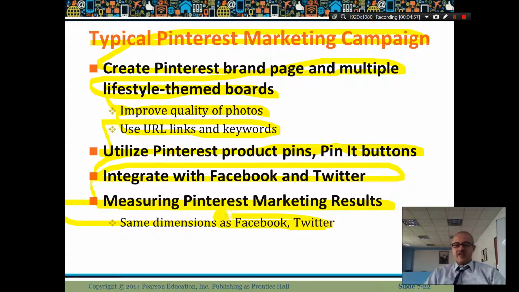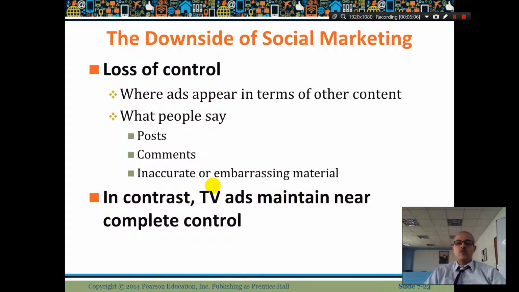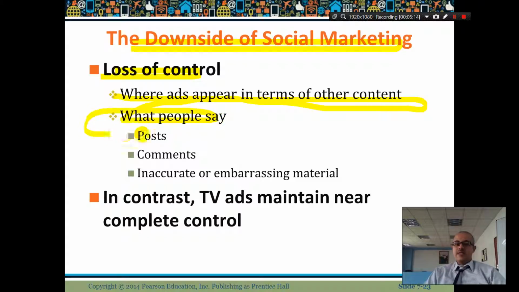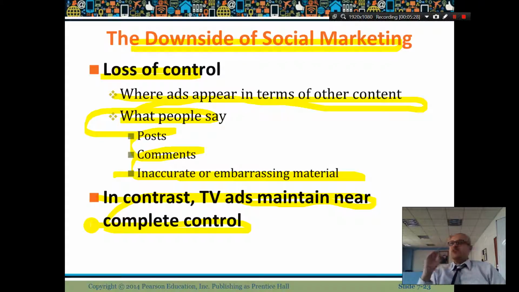uses the same dimensions as Facebook and Twitter. So with these social media, everyone has its own unique tools, and how you make the campaign and how you measure it. Downside of social marketing: a loss of control. Ads appear in terms of other content, what people say, posts, comments, inaccurate or embarrassing materials. So that's the downside of social marketing. You can't control everything, right? In contrast, TV ads maintain near complete control. If you make an advertisement on TV, you have 100% control. On social media, you make the advertisement, people start to come in, they say bad things about you, or